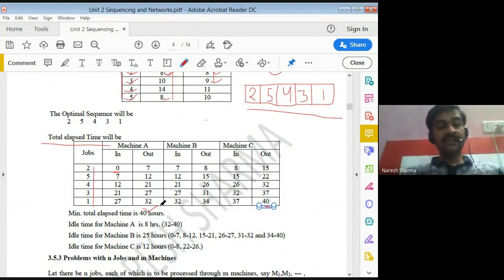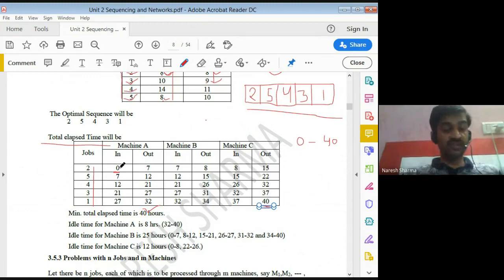Now what is the idle time for each machine? You can see the total time is 40, starting at 0 and completing at 40. Now you need to check, within these 40 hours, when each machine is idle.